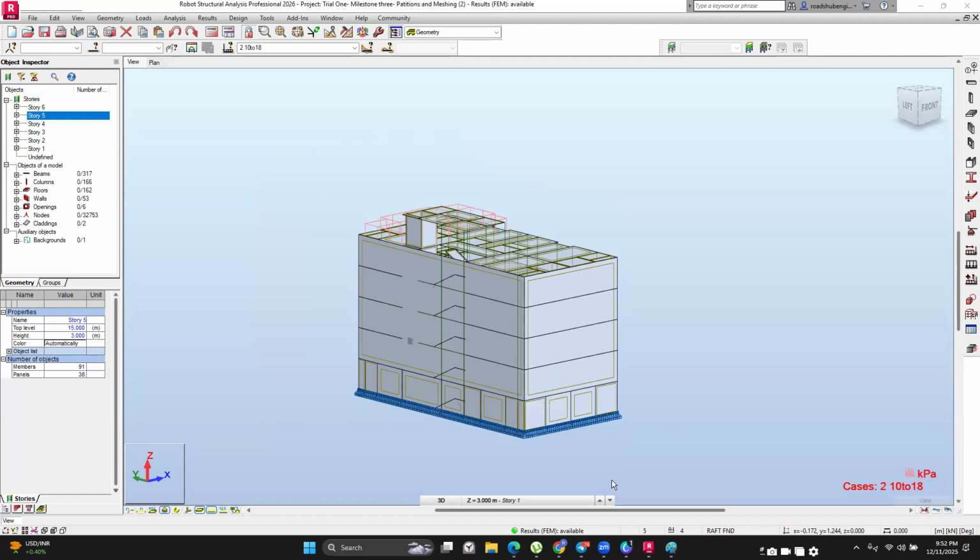Captain, one small question before we go. Yes, so when we were doing Revit, one of the things that